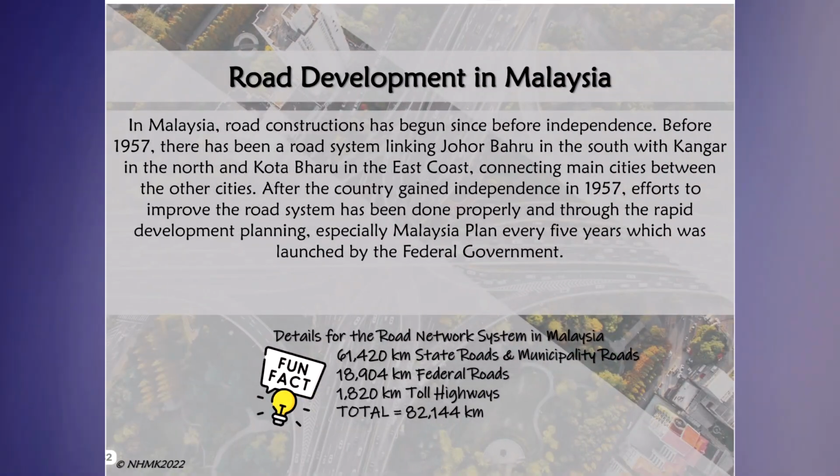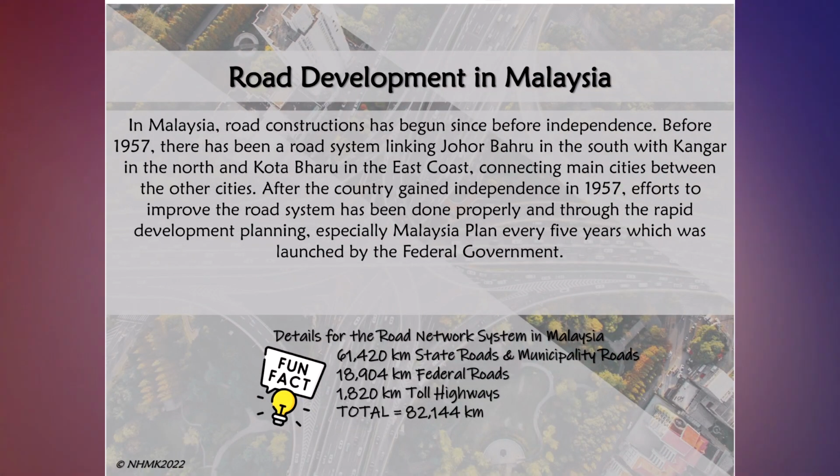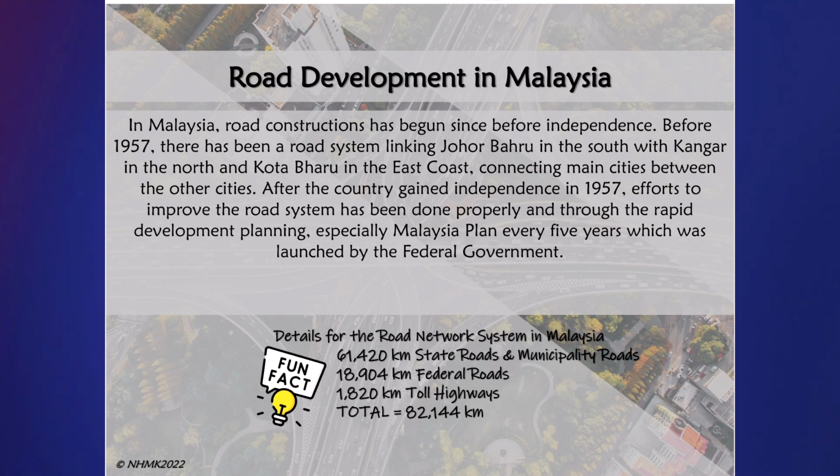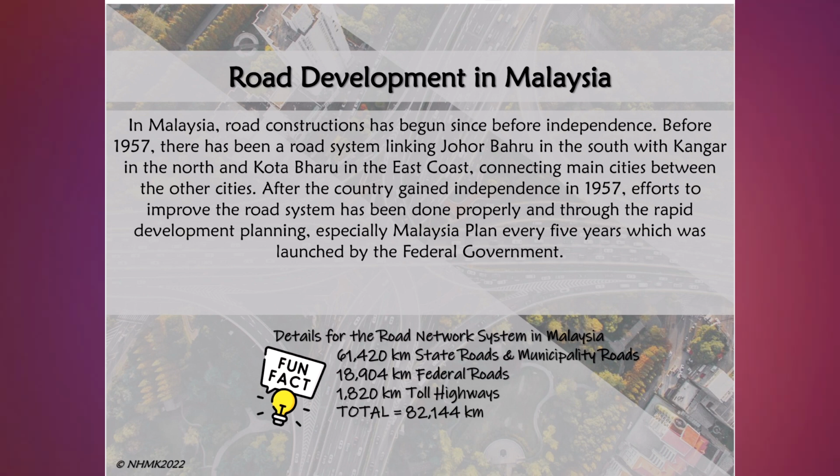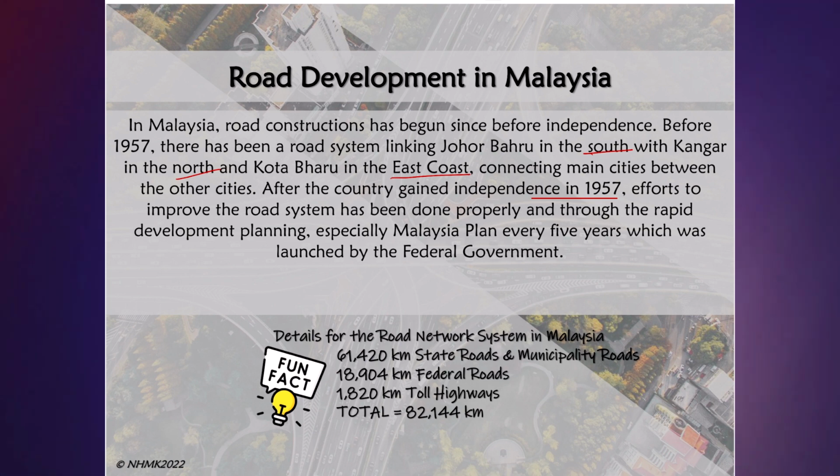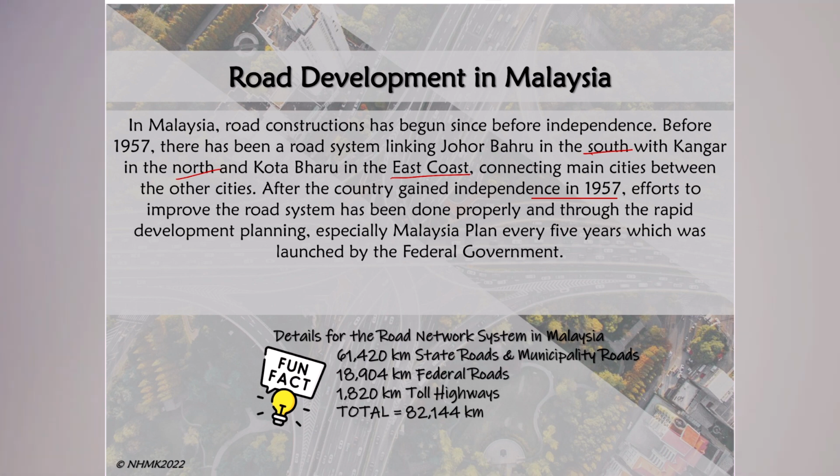Now let's move forward to road development in Malaysia. So in our beloved country, Malaysia, road construction has begun since before independence. Before 1957, there's always been a road system linking Johor Bahru in the south with Kangar in the north and Kota Baru in the east coast, connecting main cities between the other cities. After the country gained independence in 1957, efforts to improve the road system have been done properly and through the rapid development planning, especially Malaysia Plan, or Rancangan Malaysia, every 5 years, which was launched by